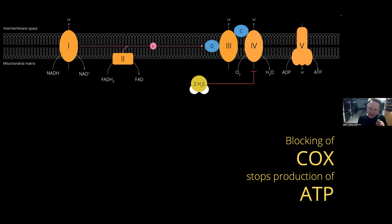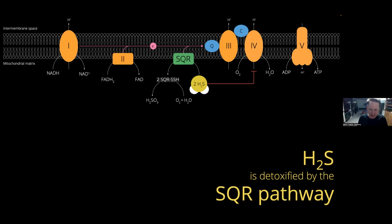And what's really interesting, though, is that we all also have the ability to detoxify hydrogen sulfide, because it's produced as a side product of cysteine metabolism. And this also happens inside the mitochondria. So we have a series of enzymes. The first step is mediated by an enzyme called SQR, sulfide quinone oxidoreductase. It essentially binds hydrogen sulfide and oxidizes it to non-toxic forms. Interestingly, this detoxification process is actually linked to oxidative phosphorylation, because as it binds sulfide, SQR gives electrons into